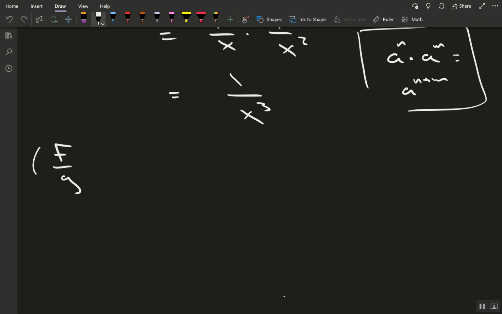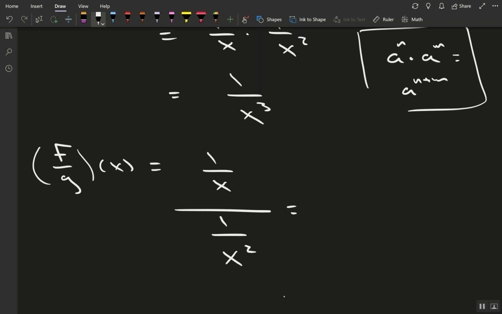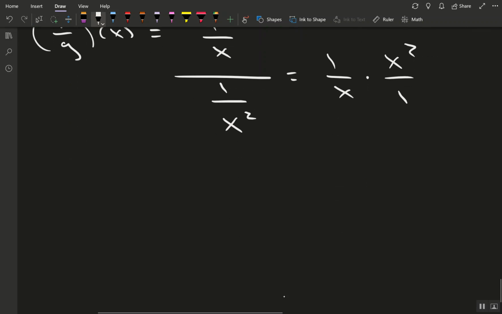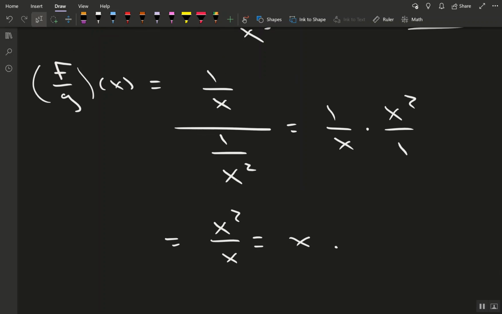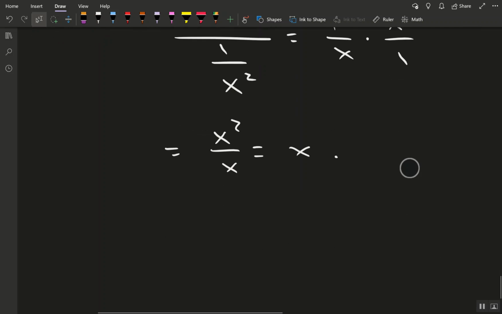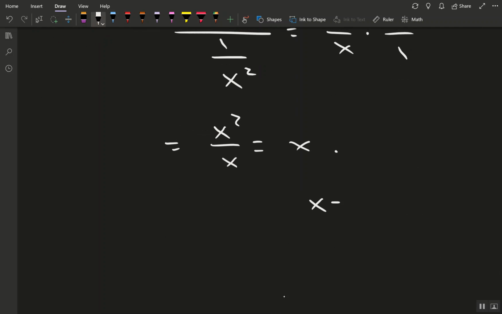If there's anyone that's interesting, it would be this one. So that's what? 1 over x, little division bar, big division bar, x squared. Multiplying by the reciprocal, that's 1 over x times x squared over 1. And, I mean, whatever you need to do to get x is fine. What would the domain of this thing be? Well, you did cancel, so you should say that x does not equal